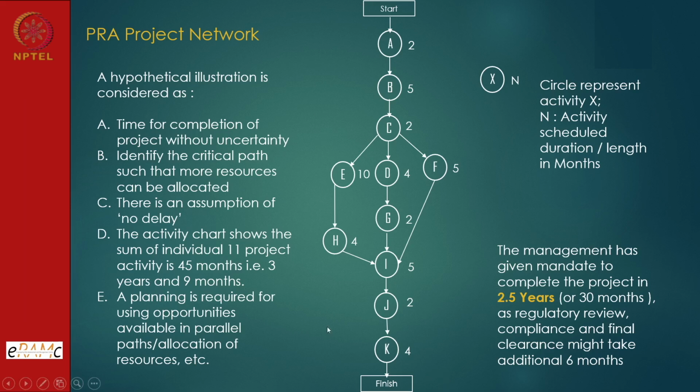So it provides a very open view of our work, and we can get suggestions, because many people are involved from outside the project. So we can convince them that their activity is coming in the critical path, so we have to reduce it from 4 months to 2 months. Then they will also understand that other activities are not critical. So it becomes a very good mode of communication, not only amongst ourselves, but even with outside agencies.